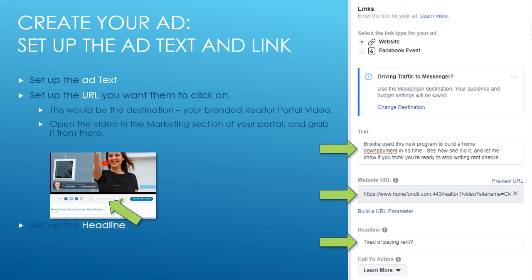And then also set up a headline for your ad, and that's something that's going to grab their attention, hopefully, like tired of paying rent. That's a good headline, something short and impactful. You want to get them to read the short amount of text that you have underneath it